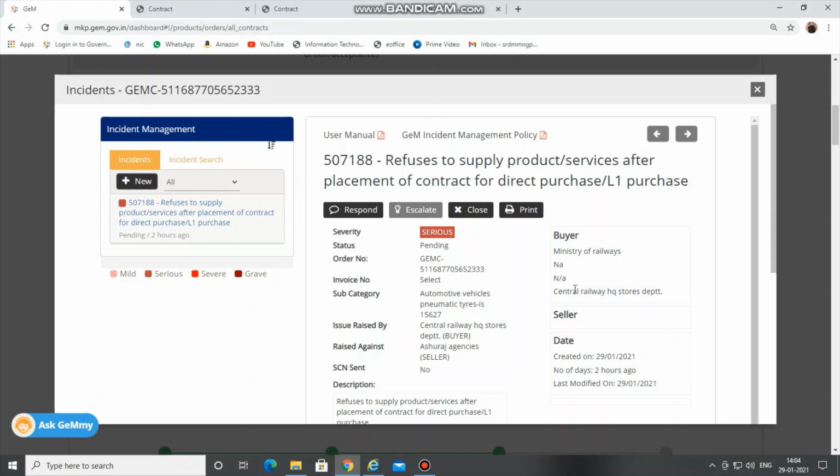Now whatever the trail will be for this incident, I have created the incident, the firm will reply. If the firm don't reply within some days, then I have to escalate the incident. When I will escalate the incident, then GEM admin will send the show cause notice to the firm for not responding. And if the firm doesn't respond, then the GEM will suspend their account for the time as per their incident metrics. So, and if the issue has been settled amicably between the buyer and the seller, then the buyer need to close this incident